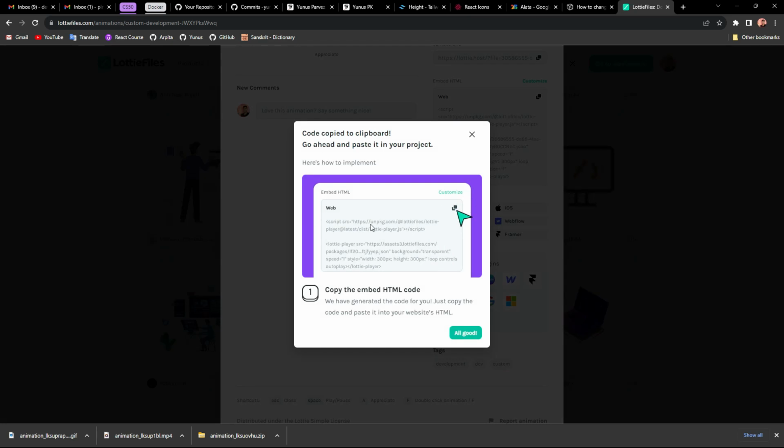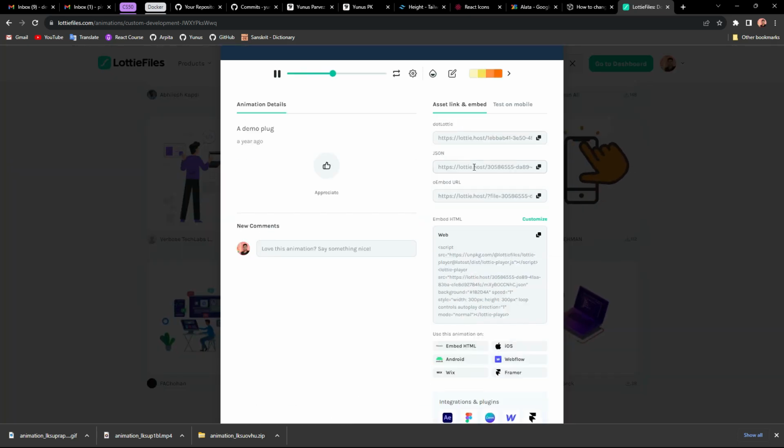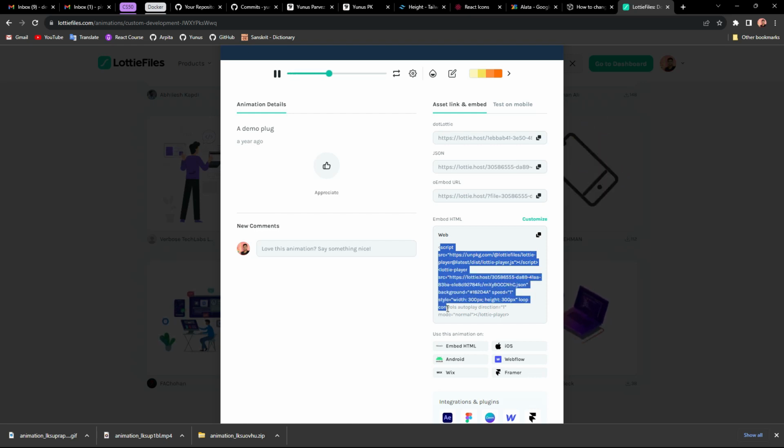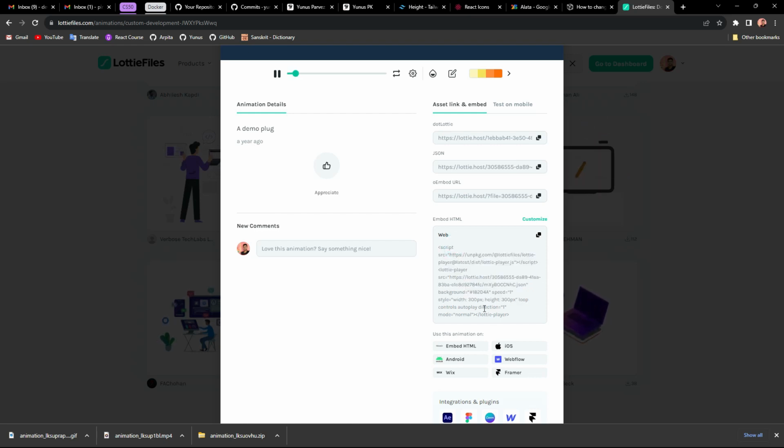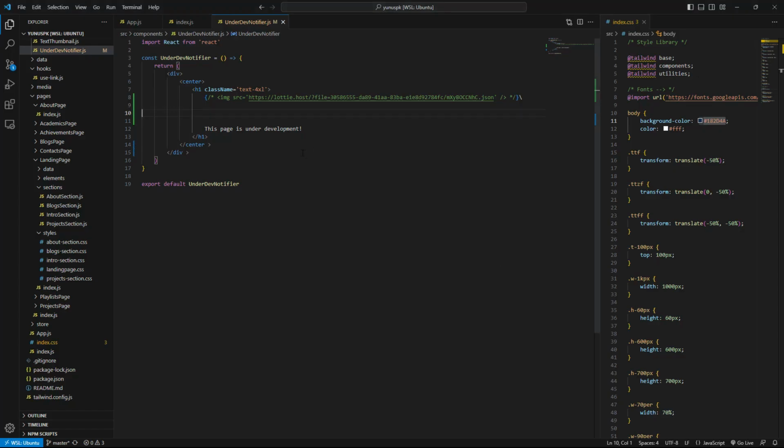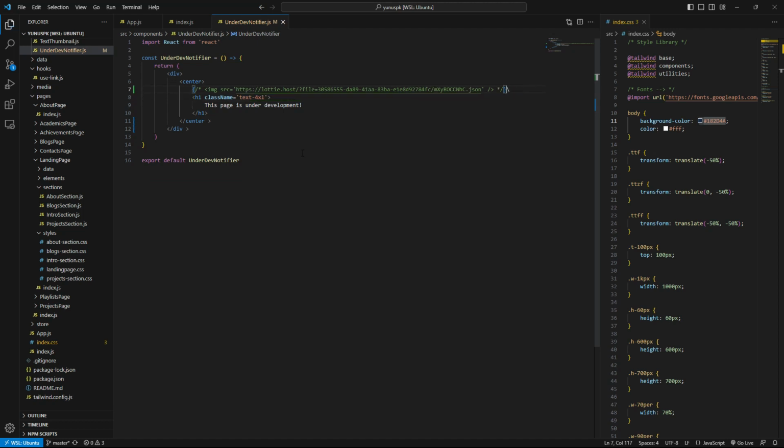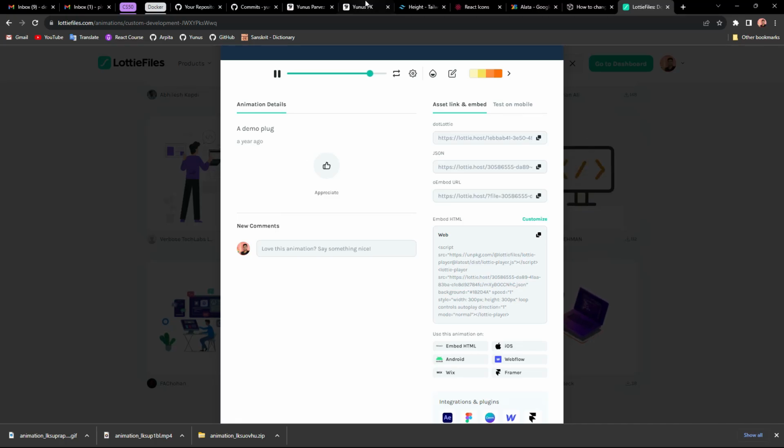Wait, HTML. Oh, this one. They have a script tag. Oh, ho, ho. Can we use that inside a div or something? Maybe. Okay, yeah, man. Why am I using that inside each one tag? Okay, we're gonna use that here. That's not gonna work.